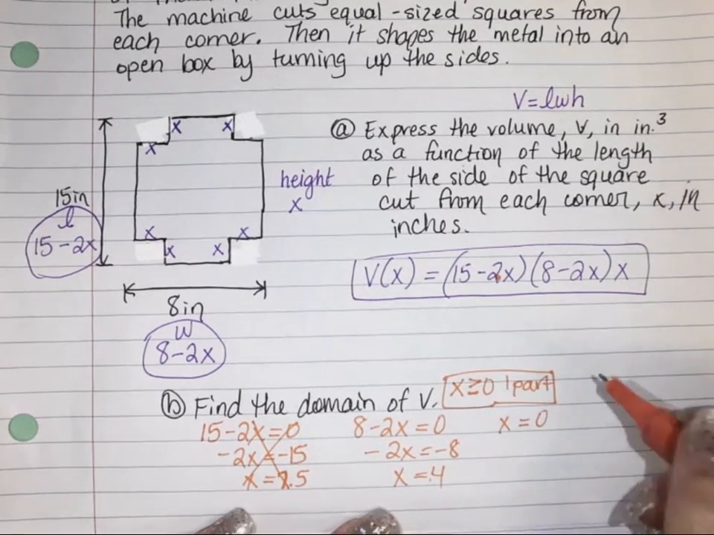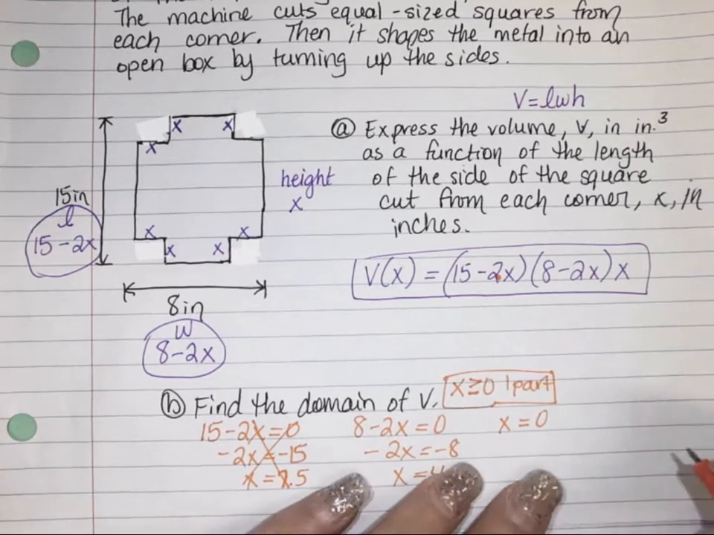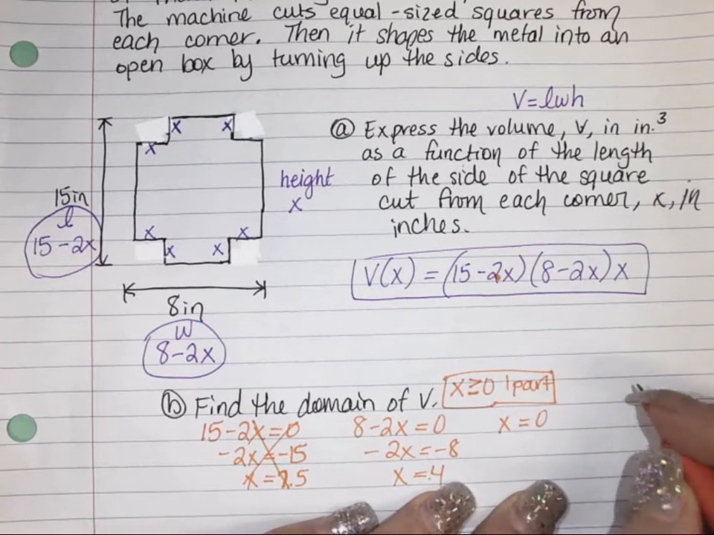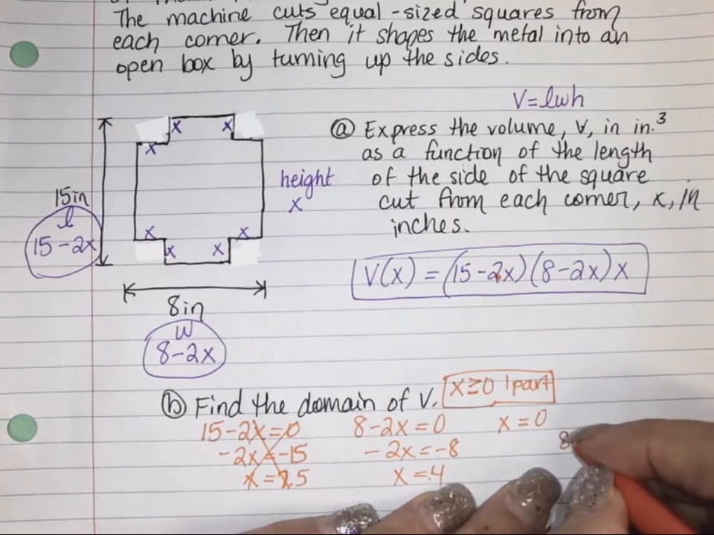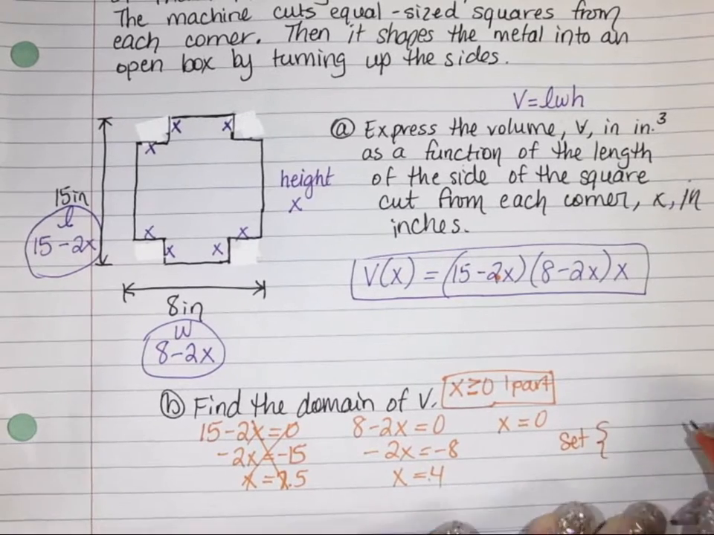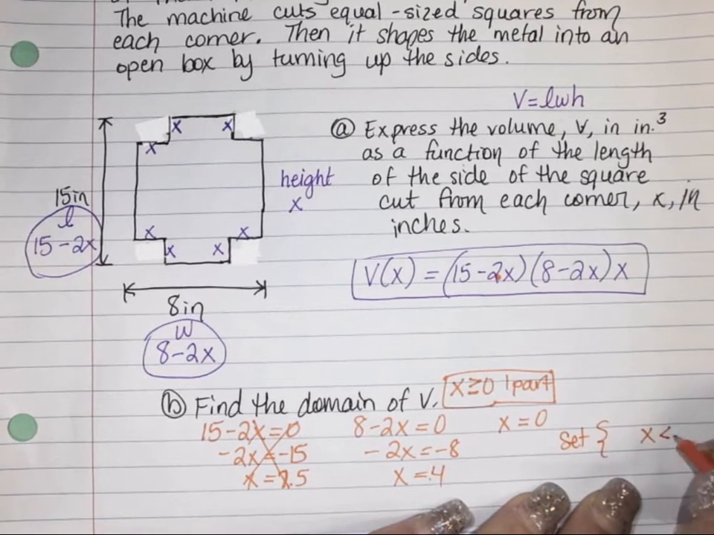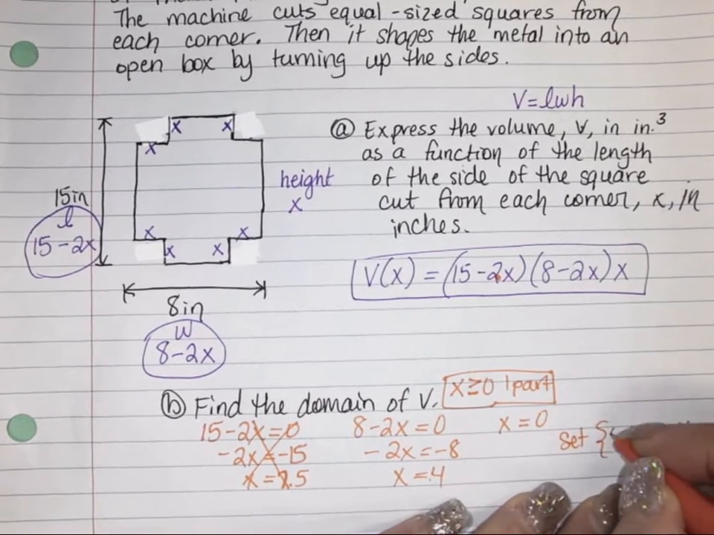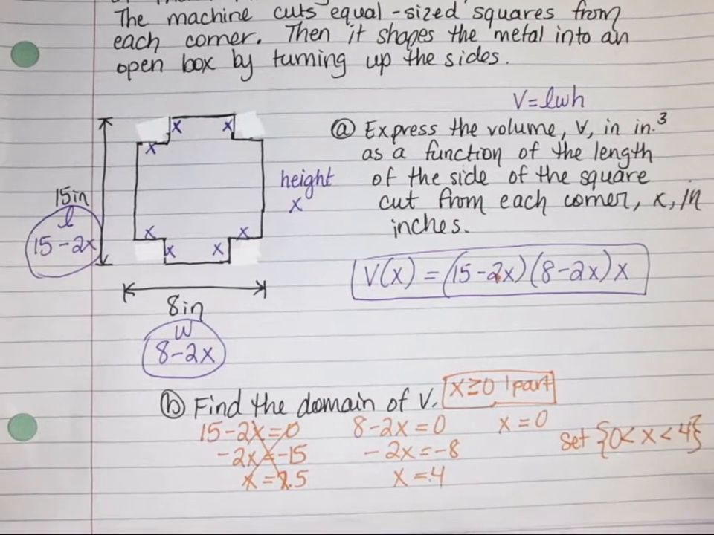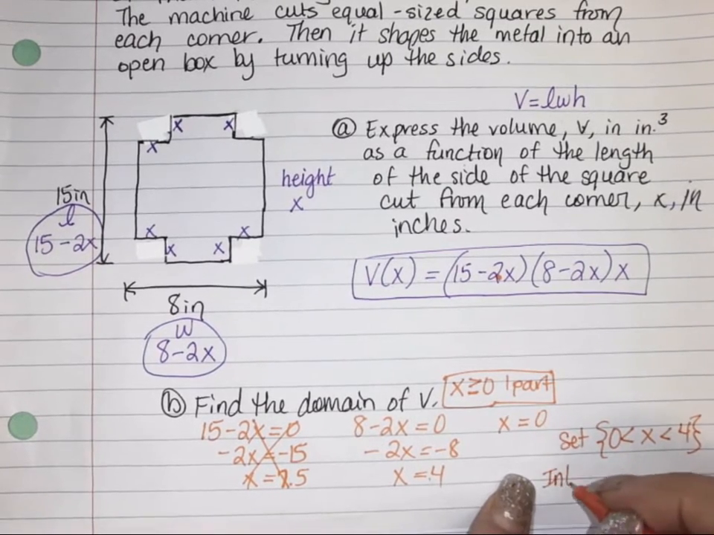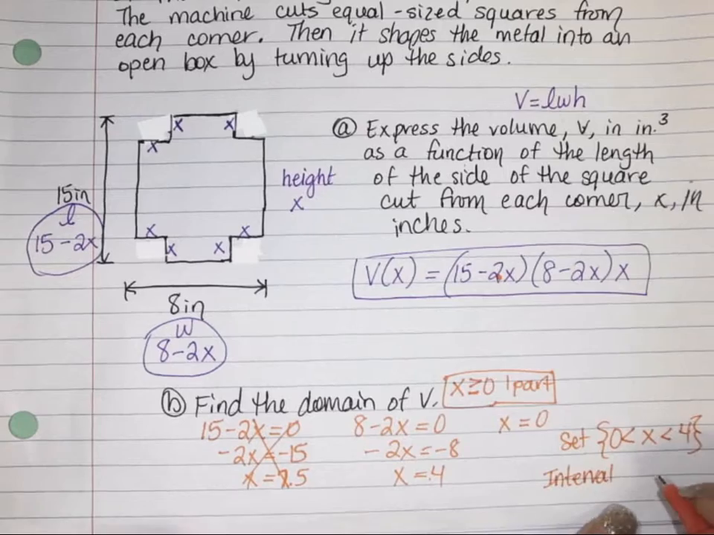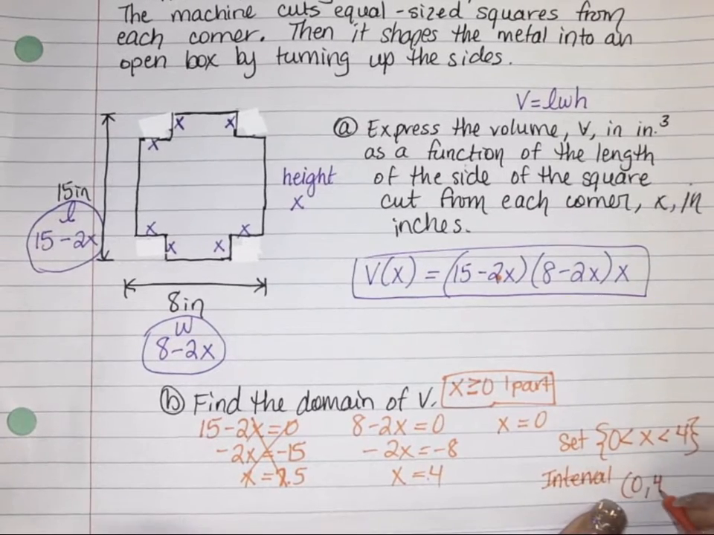So I know that any values from 0 to 4 are in my domain. So you can say it in two ways. This is set builder notation. You can say x has to be less than 4 but greater than 0. Or you can put it in interval notation and say it's from 0 but we don't include it, and to 4